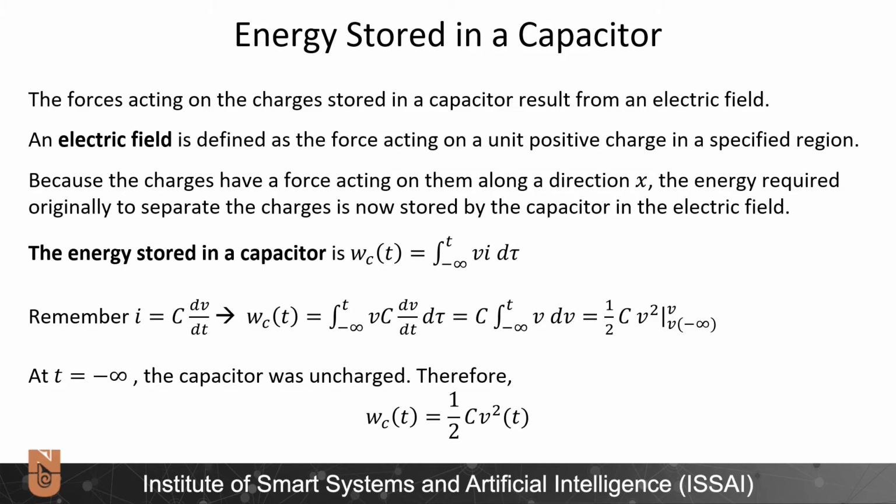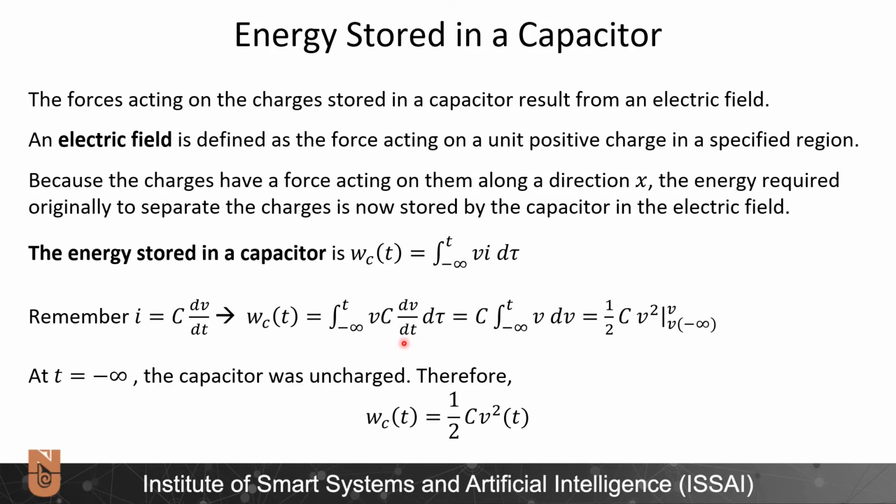The energy stored in a capacitor is an integral from minus infinity till t of v i d tau. As you might remember, voltage times current is the power. So basically, we are integrating the power from minus infinity till t. This is this equation. Let's remember, i is equal to C times dv over dt. If I replace in this expression the current with the C times dv over dt, I end up with this